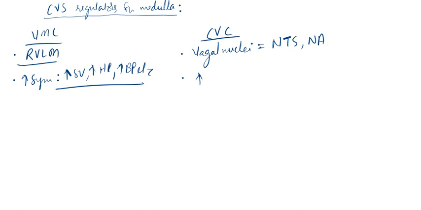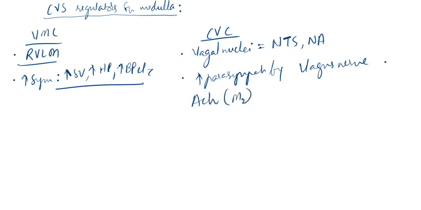Why do you want to confuse it? Nucleus tractus solitarius. Okay. Now what it does is it increases parasympathetic activity by vagus nerve stimulation. It simply activates the acetylcholine action on the M2 receptor,